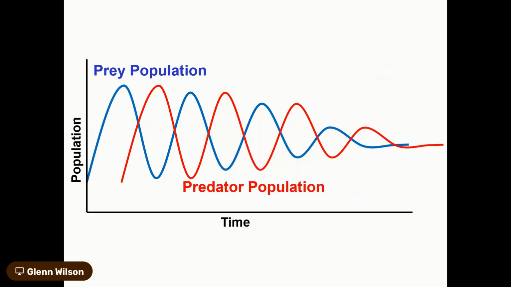So when I was in college working on my doctor's degree, I took a lot of math classes, a lot of engineering classes, but one of my favorite classes was mathematical modeling. And we did mathematical modeling of populations and predator prey. In the blue, you'd see the prey population would increase until there'd be a lag, and then the predator population increases. And when it does, then the prey population goes back down till it hits a minimum.